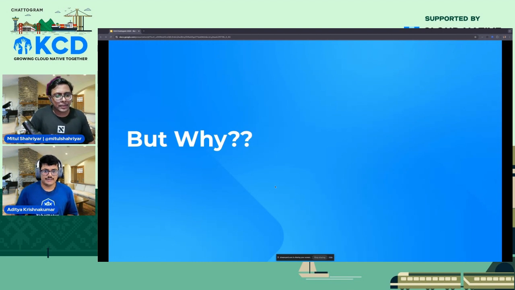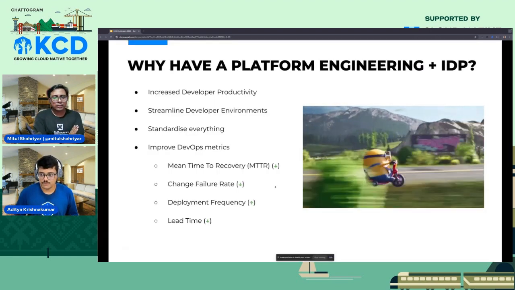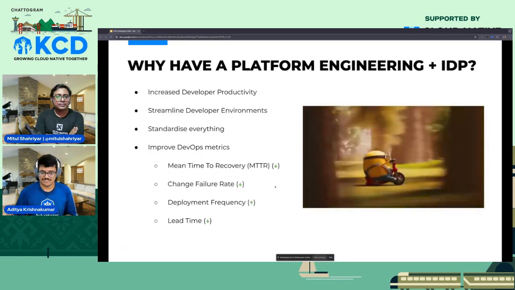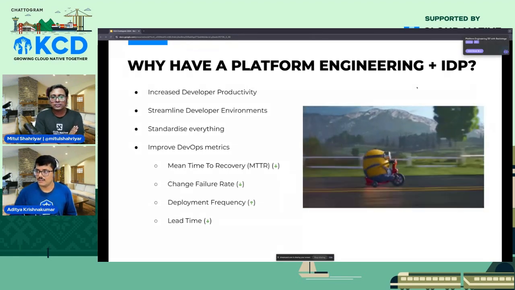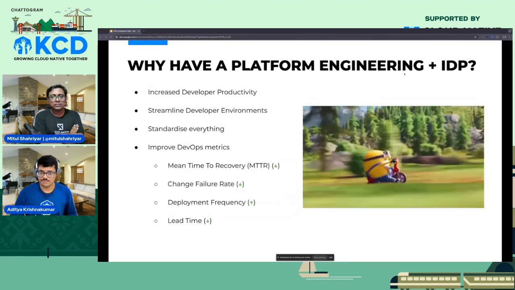But why do I need platform engineering? If I already have a DevOps engineer at my organization. He's already seeing all my CI/CD pipelines and everything, and also works on all of the deployment related things. So why do I need this additional team? If I were to define this with a single word, the